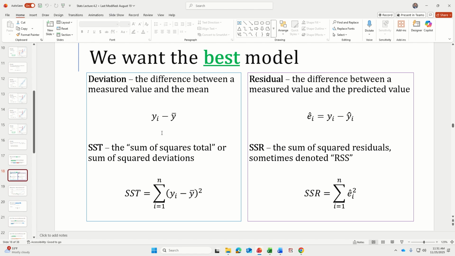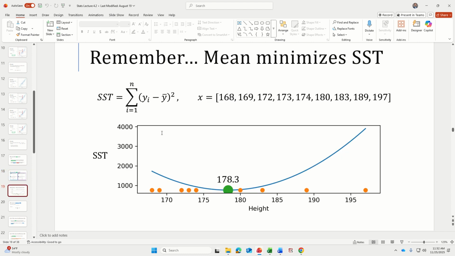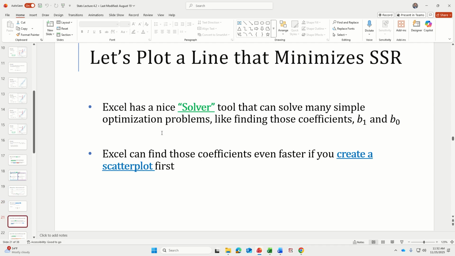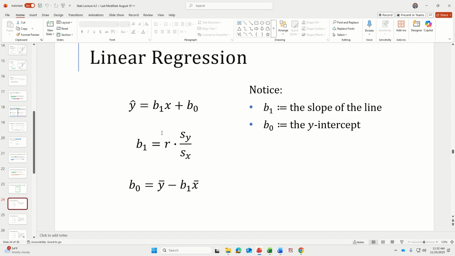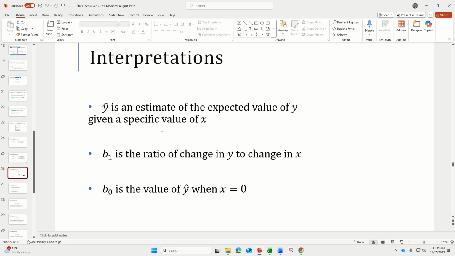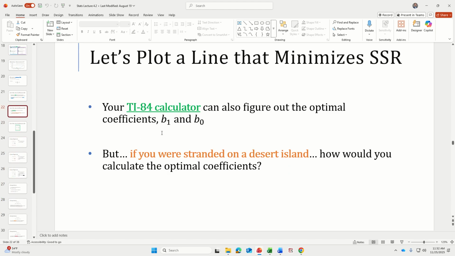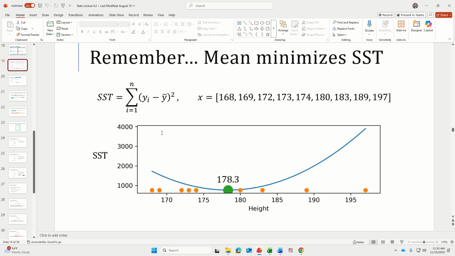And if I were just using the flat horizontal line, the sum of squares total would be my measured y value minus my mean y value. And it turns out that the mean minimizes the sum of squares total. But we are not just trying to have a flat line, we're trying to